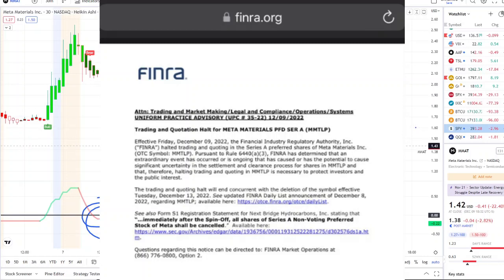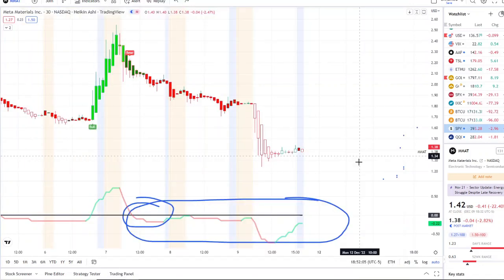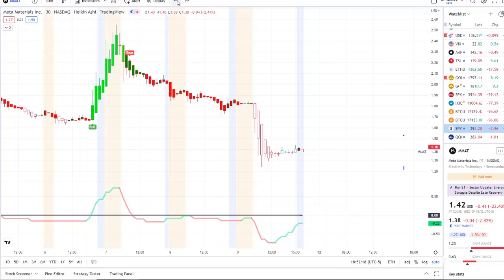Now, a lot of people are tracking MMAT. I'm going to share with you guys the key levels that I'm watching. The first support below these levels is 120, and to the upside, it's going to be 160 and then 180. Those are the key levels I'm watching to the downside and to the upside, and we want to see these inflows pick back up here on multiple time frames, guys.